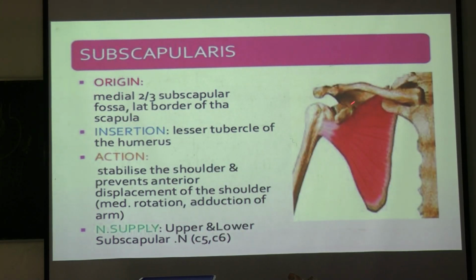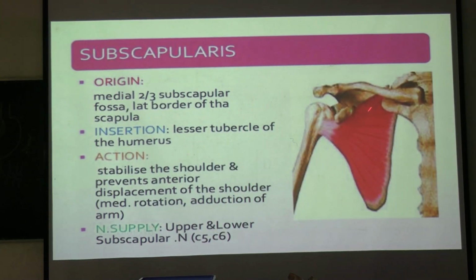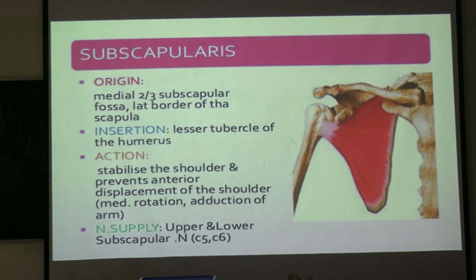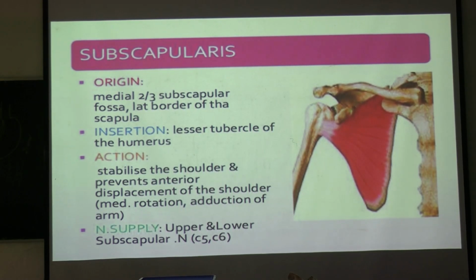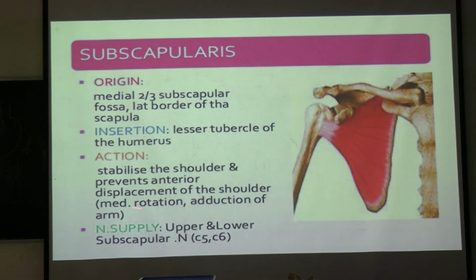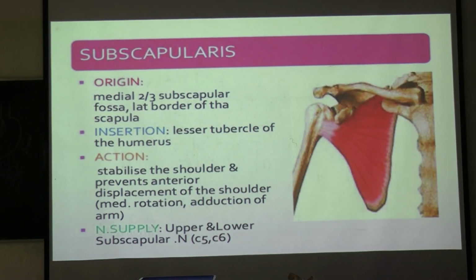Next is subscapularis. It originates from the subscapular fossa of the scapula. Here in the subscapular fossa, the medial 2/3 of the subscapular fossa and the lateral border of the scapula. Okay, this lateral border here is also an origin of subscapularis. And insertion,